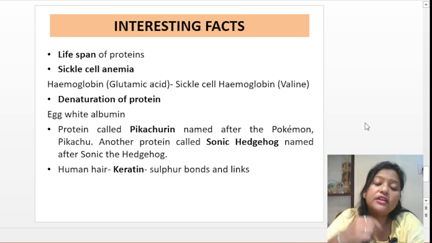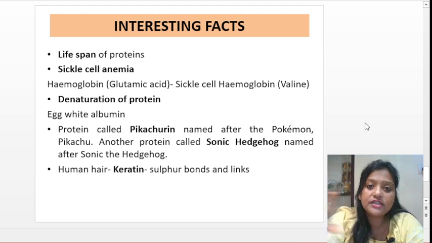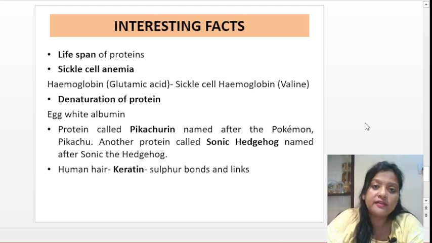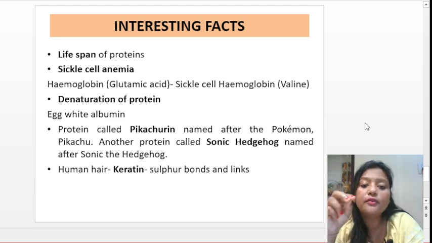Remember, in one chain, since it's forming a single chain, there are 150 amino acids, then again 150 amino acids. There are four chains because one chain is of two types. One chain is 150 amino acids, so in total it's 600 amino acids.